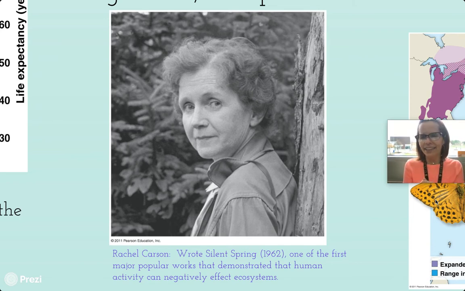Anyway, she connected the use of a pesticide called DDT to the decline of the bald eagles. And if you have not studied that, again, APES, you would study that in AP Environmental. But it is just such a depressing story. We used this amazing mosquito spray called DDT. It was super effective. And we sprayed it all over the planet, like everywhere. Anywhere there were mosquitoes, we sprayed DDT.